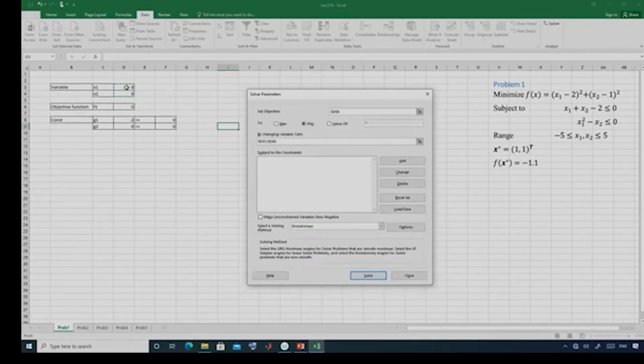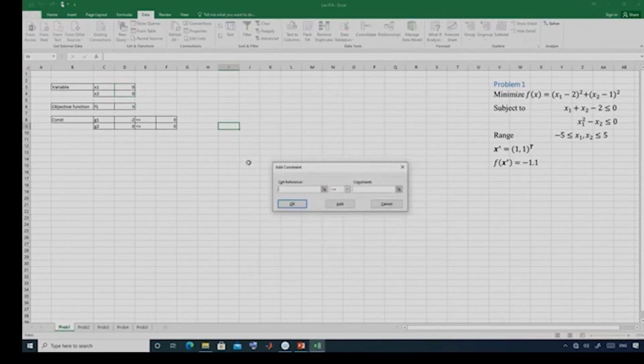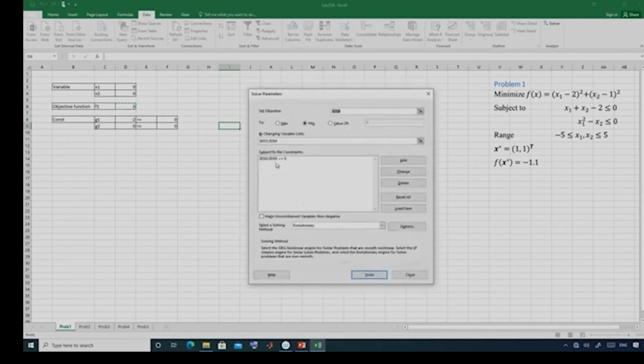Okay. So D3 and D4, that is my variable cells. Then you define the constraint. So I have two constraints here, these two cells basically, and this should be less than or equal to 0. Okay. So now I have defined the optimization problem here,